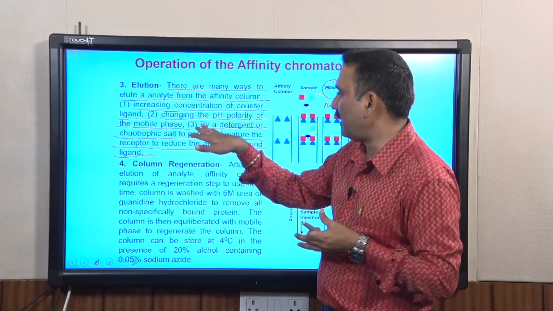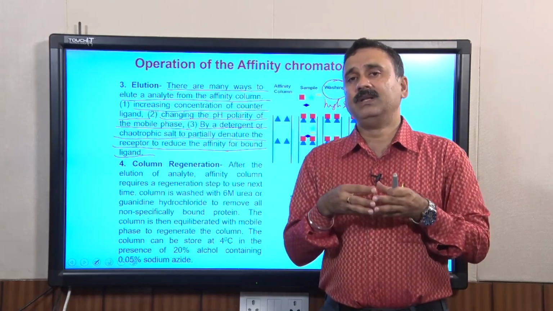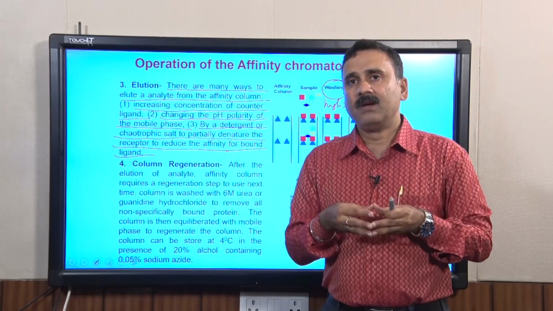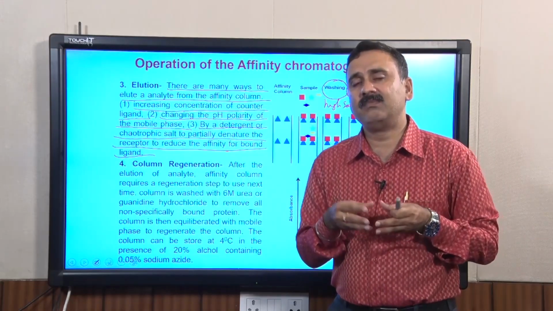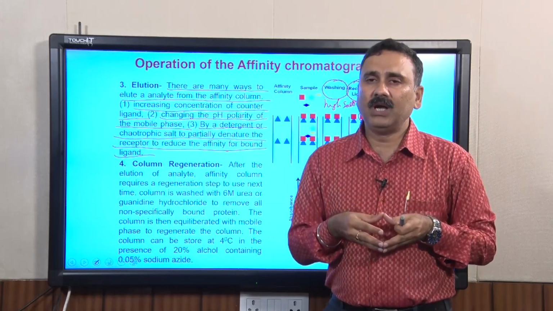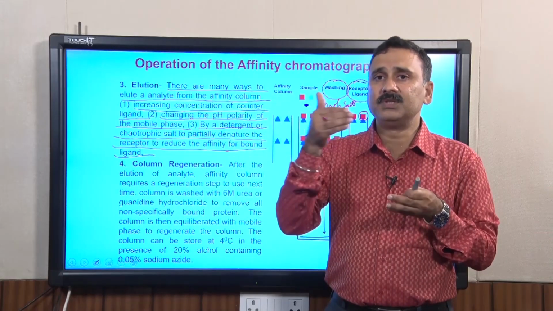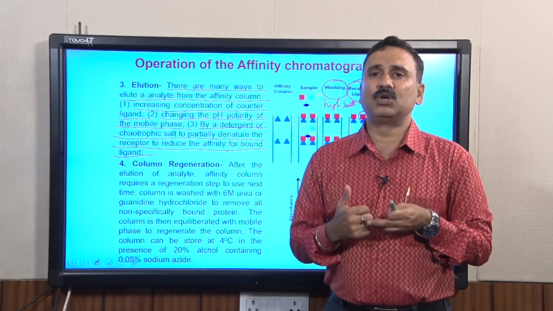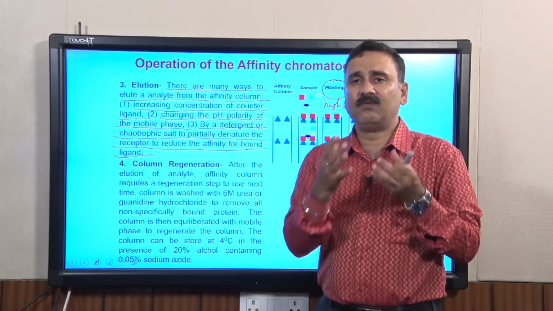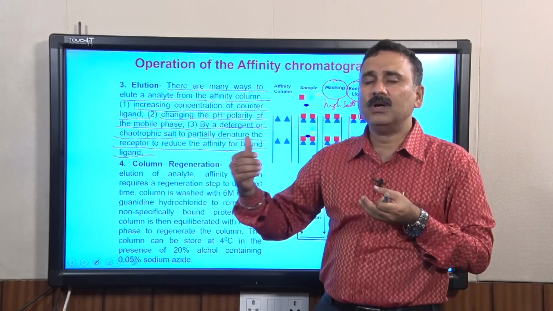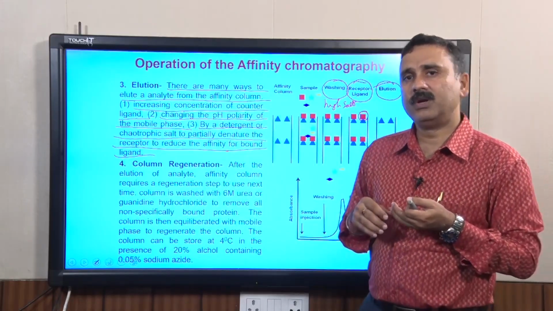So, if you destroy the 3-dimensional structure of the receptor by applying a detergent or a chaotropic salt, such as urea or guanidinium hydrochloride, the structure collapses, it releases the ligand, and along with the ligand your protein of interest is also